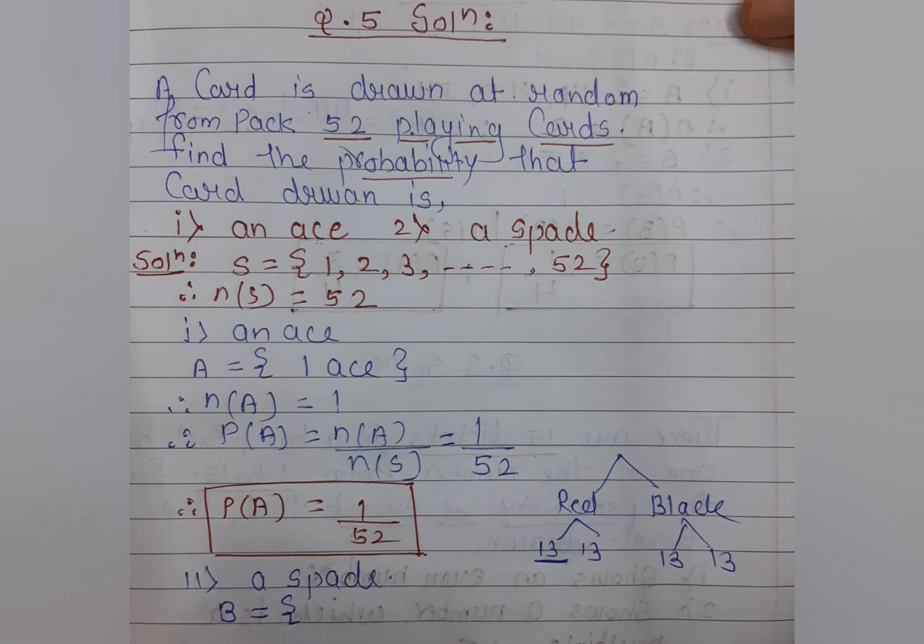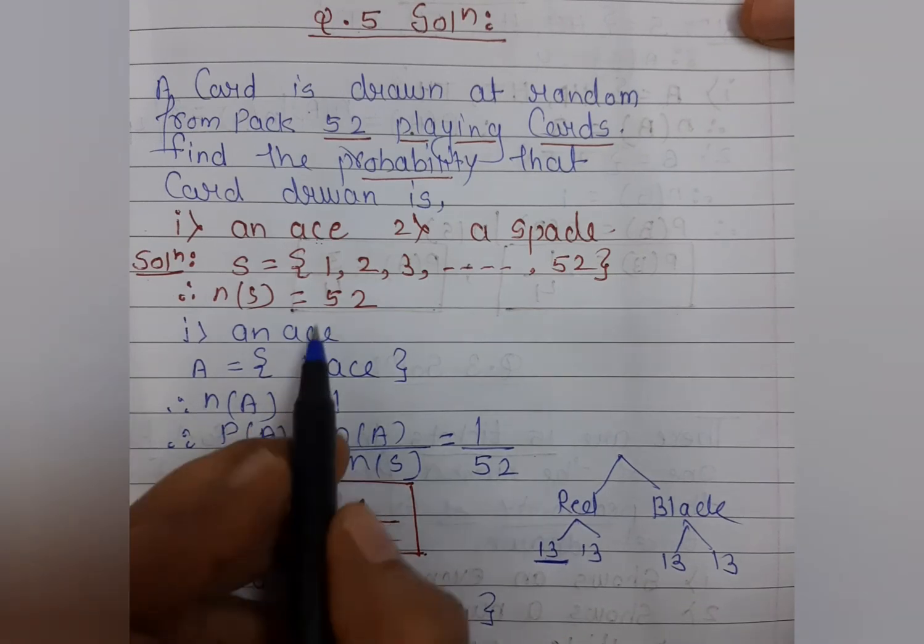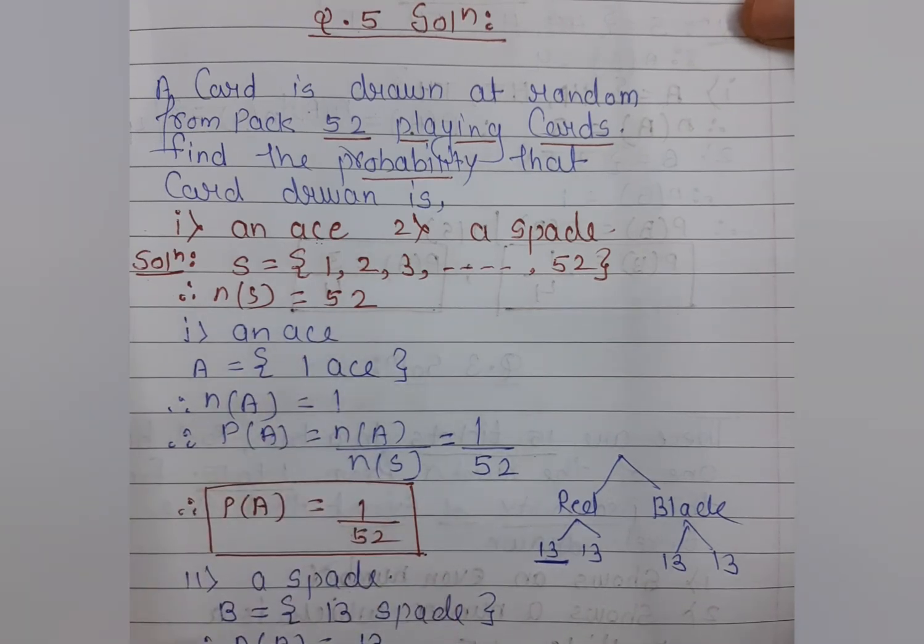So spade is having how many numbers, students? 13 numbers. So here we have 13 spade cards present. So here we can write 13 spades. And students, after that, you can also write 1, 2, 3, 4, 5, 6 in this way, or you can write in this way also, students. So N of B is here 13, and when we write the probability of the given event, P of B is equal to N of B upon N of S. So P of B is 13, that is N of B is 13 upon N of S is 52 here,